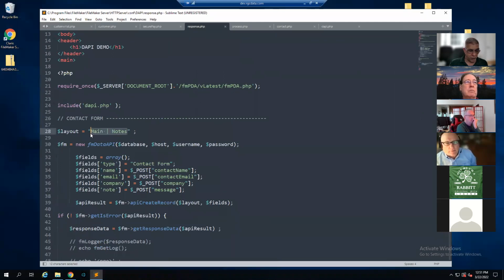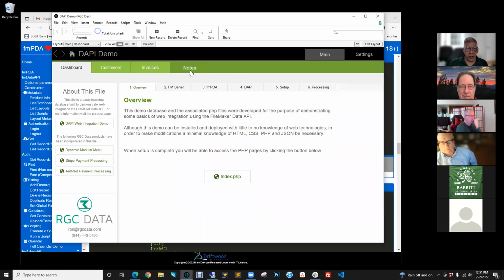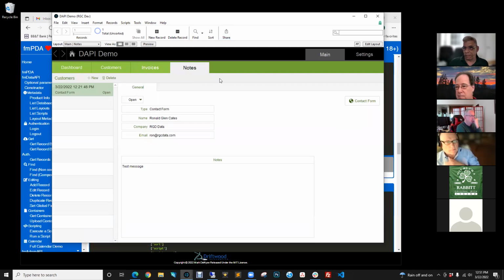But I can use a utility layout for that as well, because I always keep utility layouts. Actually, I'm not 100% sure that I've got that set up with a utility layout, but yeah, and this is a bad idea. I did it just because I was building it and still experimenting, but this is a bad idea because